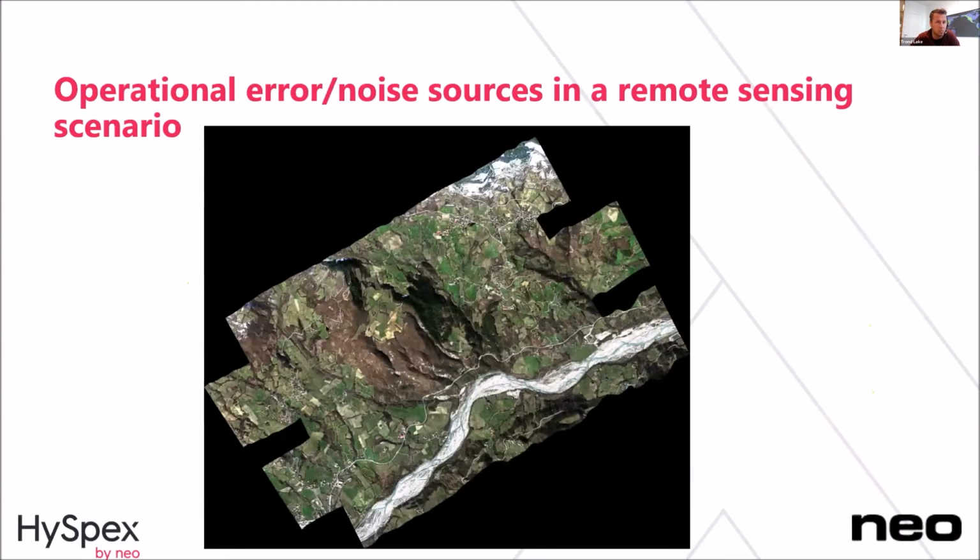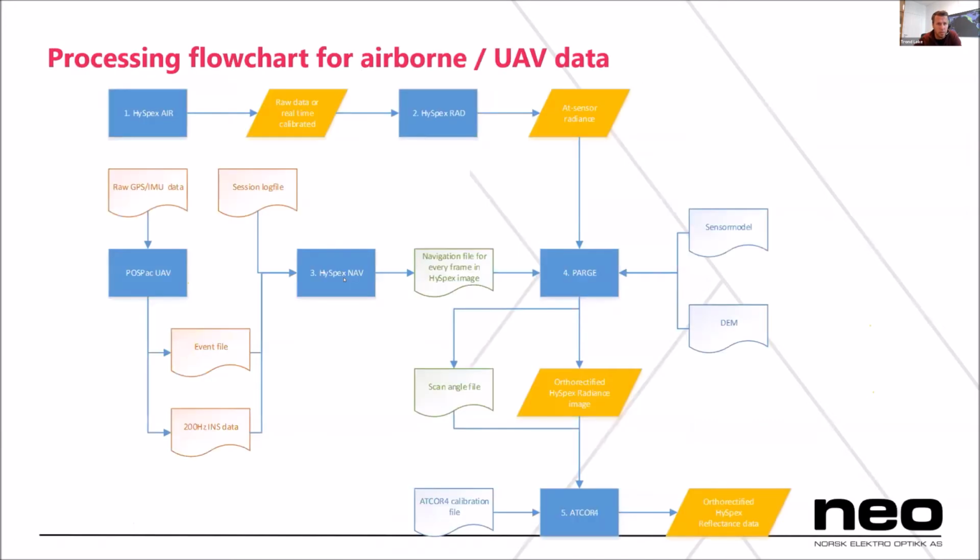Okay, let's move on to the processing flow. To understand where we can get error, of course, you need to understand how we process the data. So this seems very advanced, but it's not, as I said in the video that I showed earlier about real-time processing. All this can be done in real time today, to this stage, and in the future, to reflectance